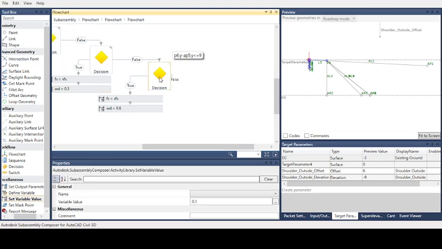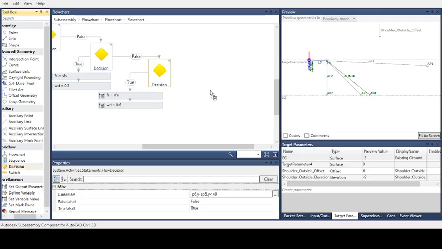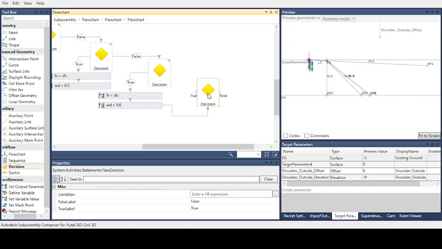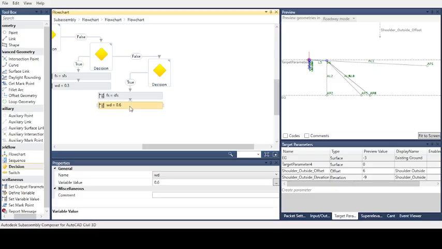What about if it is not? It is above 9 meter. What will it be? So now we will add a decision. If it is false, we will set a variable. For this case, if it is over 9 meter, we will use 0.9 meter. Therefore, it is the last point.